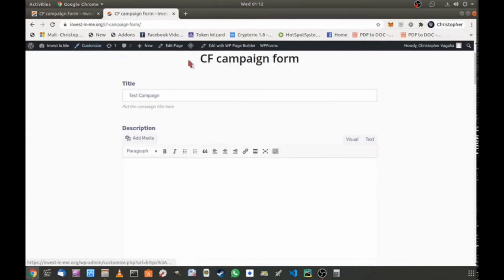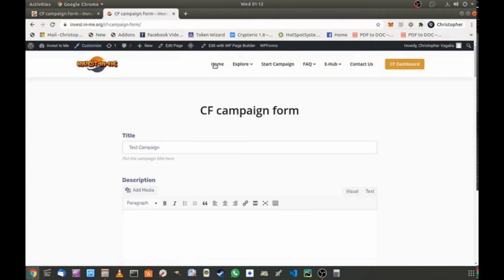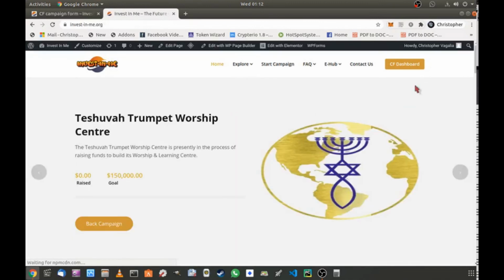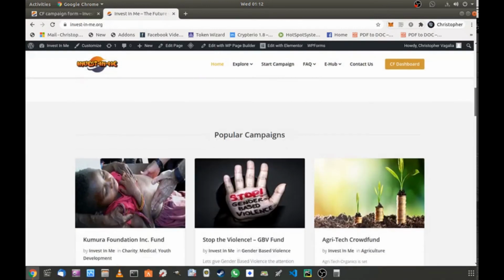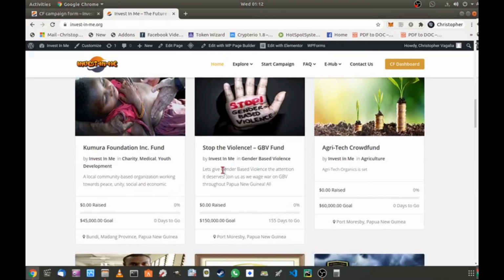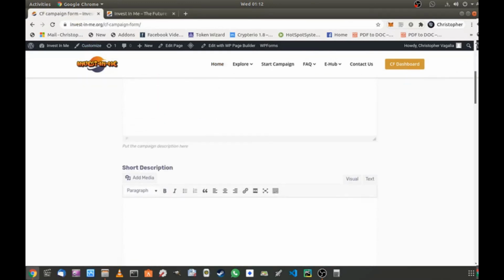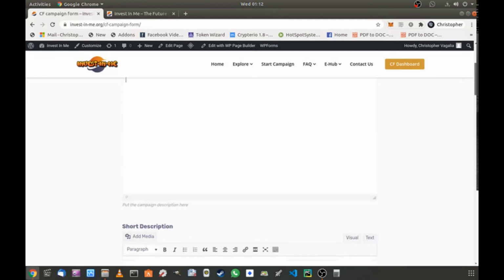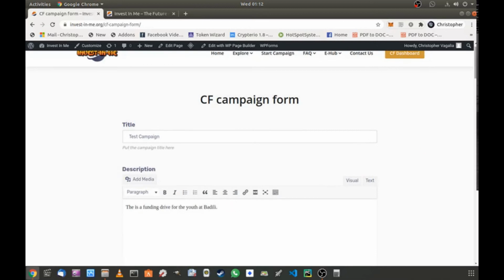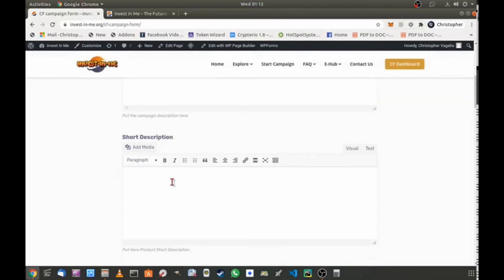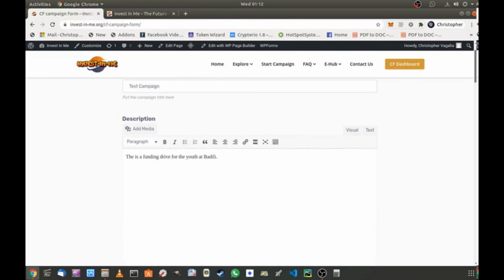This is what people would read when they read about the campaign. The shorter condensed version would be something like this here, and that will come further on down, which is a short description of the project or the course, but we'll get to that when we come there. So after you put in your description there, you scroll down, you have the option to do the same thing. For now, let's just copy this one across,